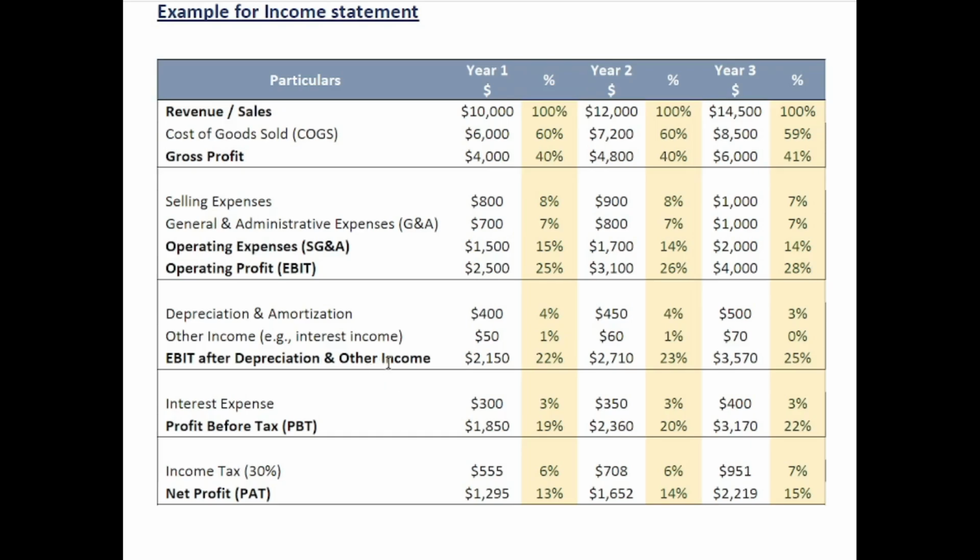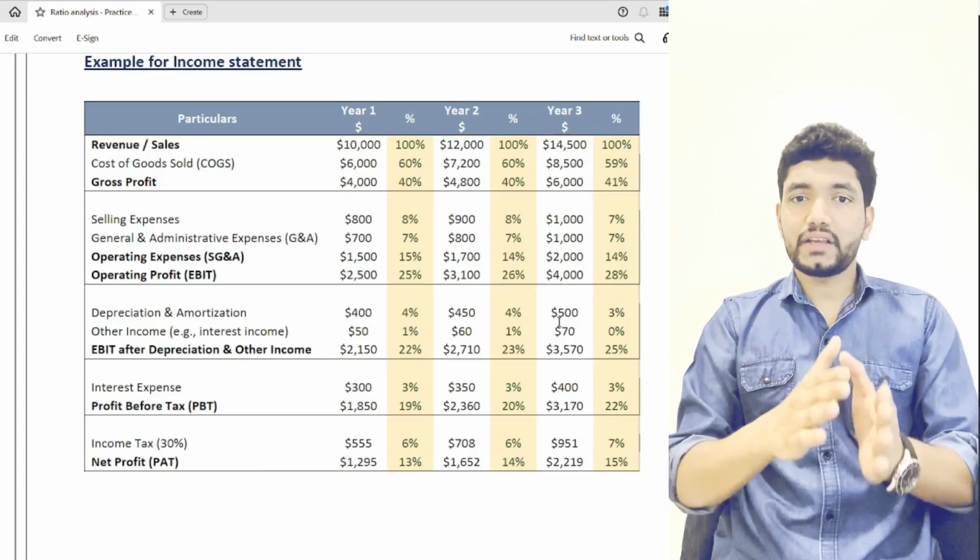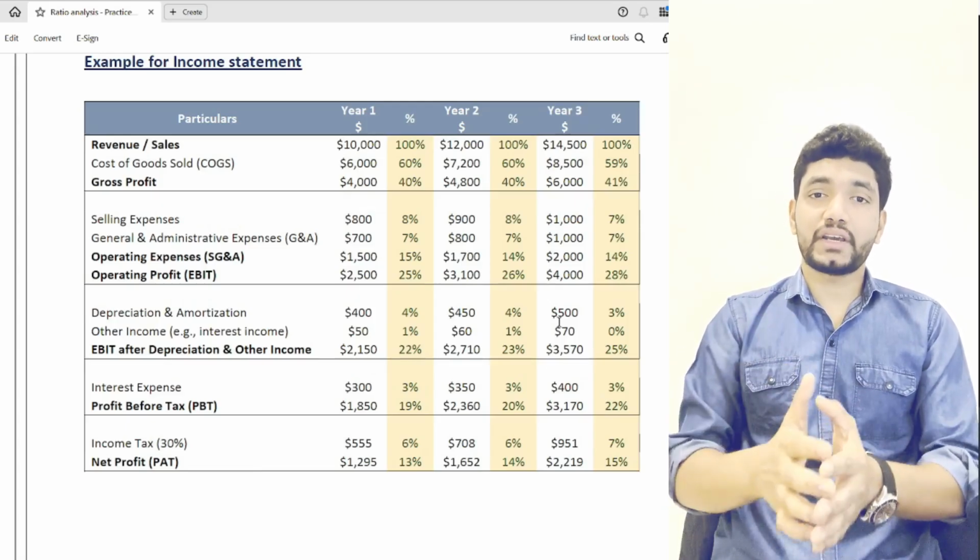And the EBIT has also grown from 2,150 to 3,570. Then the EBT has grown from 1,850 to 3,170. The net profit has also grown from 1,295 to 2,290. So when we are doing analysis like this by yearly, or when we are comparing our performance